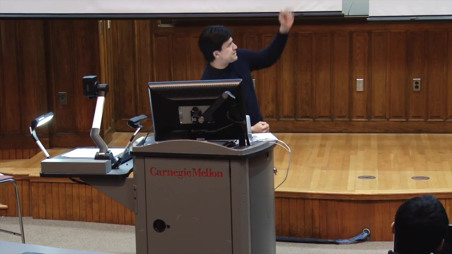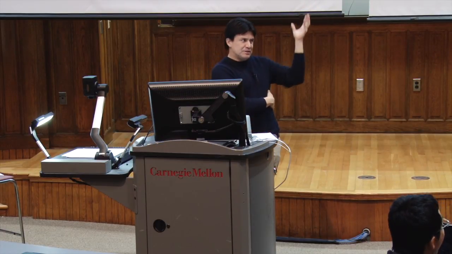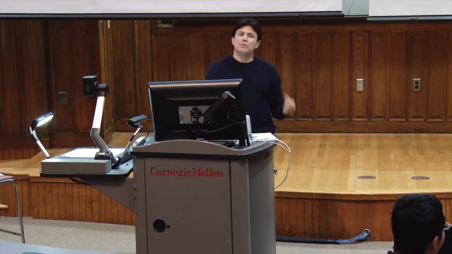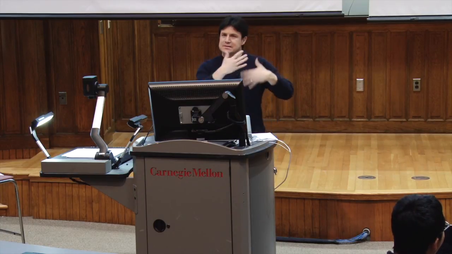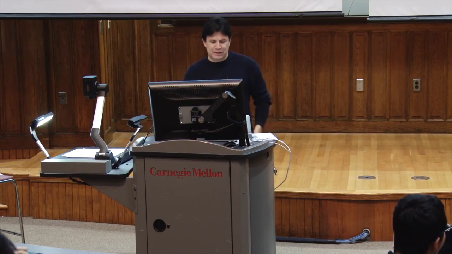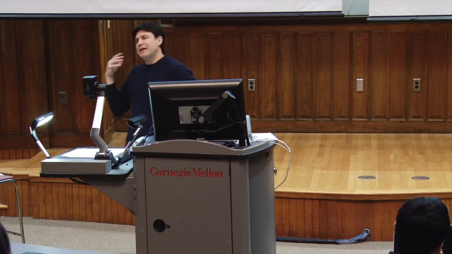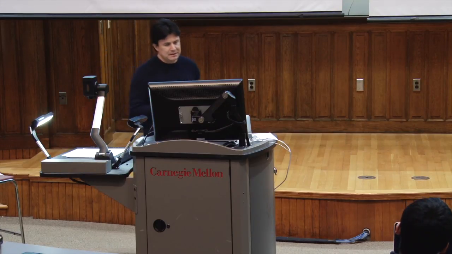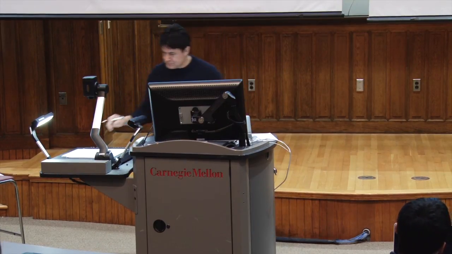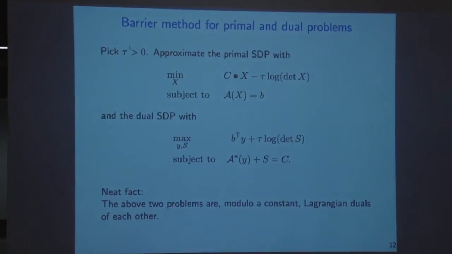The first key step is to observe that the optimality conditions are a lot like the optimality conditions for linear programming. And if we want to think in terms of interior point methods, then we want to think in terms of something like the central path, a neighborhood of the central path, and some sort of primal-dual method. And that's exactly what we are going to do. So if you were to do something like the barrier method for semi-definite programming, what would you do? If you are going to do barrier for the primal SDP,